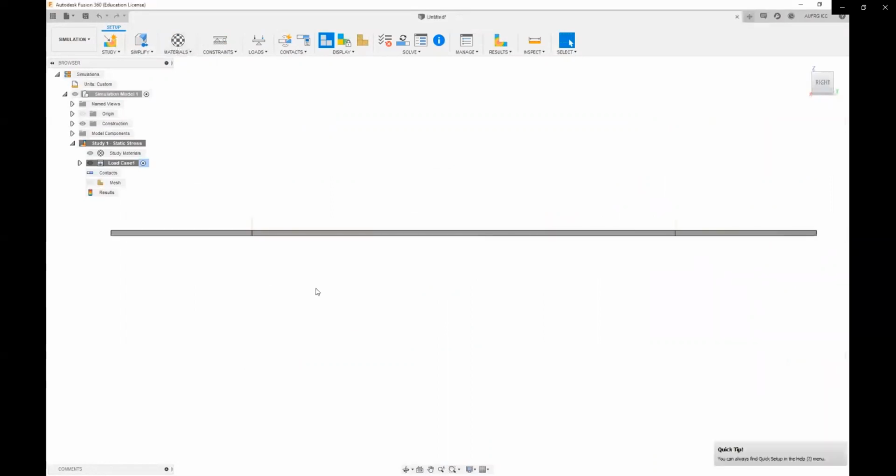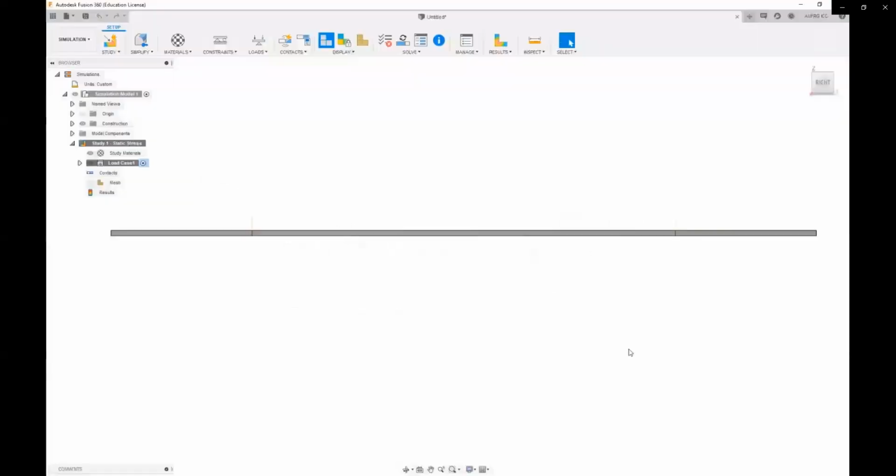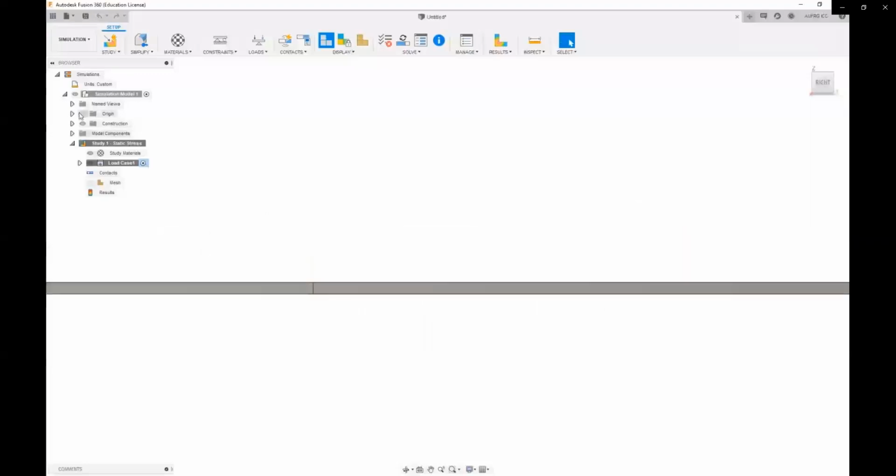Okay, this shows visibly which body will be split or will not be split. The view represents whatever is expressed in the question. There will be a constraint, and it will be a fixed constraint. Both ends will be fixed constraints, so we need to apply the fixed constraint. All the movements will be arrested in this particular system. No movement or axis will be free in this question, so we need to arrest all the constraints.